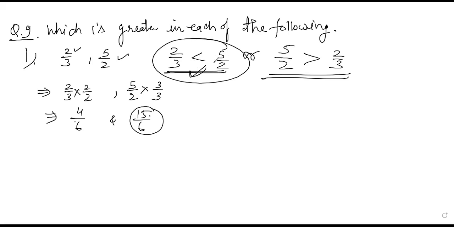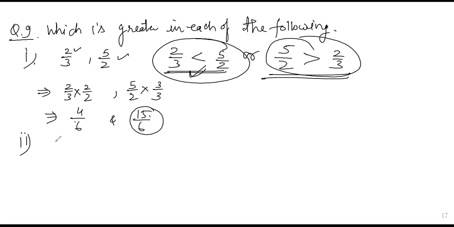यहाँ पर आप रीड नहीं करोगे 5/2 is greater than 2/3. No, क्योंकि लेसर का साइन है. So you have to read 2/3 less than 5/2, or here you will read 5/2 is greater than 2/3. Only the reading skill is different here, but the things will be same, right?